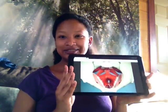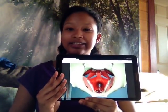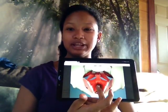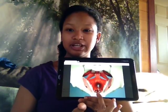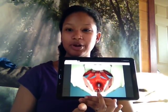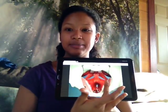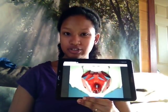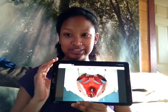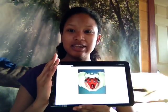So I'm going to show you a picture. And this is what I pulled up. Now, if I'm correct, this is your vaginal opening right here. And then you have your anal, your rectum, your anus opening somewhere back there, right? These red muscles and ligaments that you see stretching across there, they're collectively referred to as your pelvic floor muscles, okay? Now that is what we want to focus on,